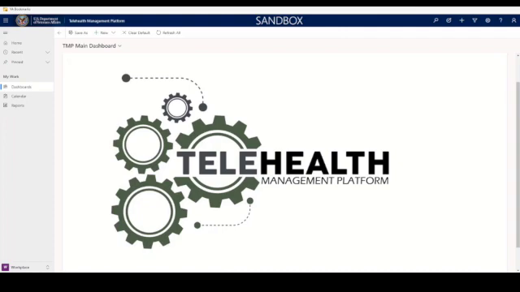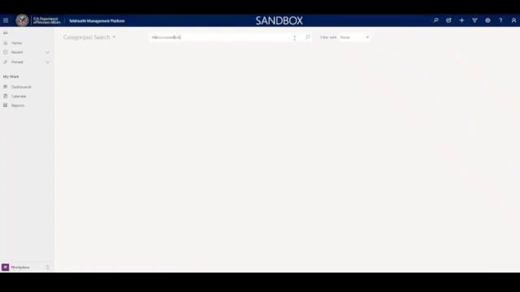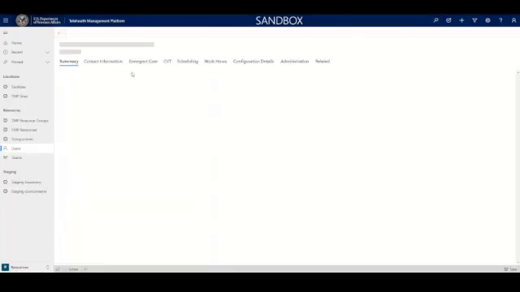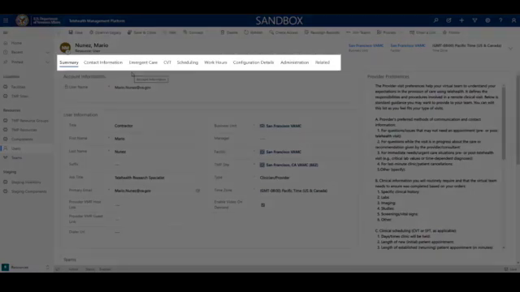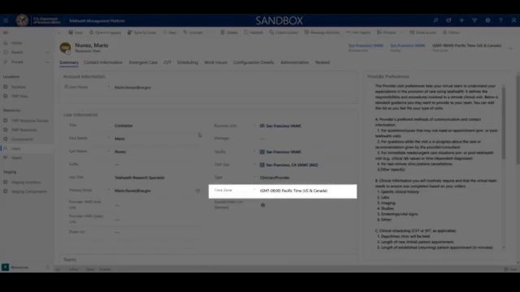First, navigate to your personal record by typing in the email address in the search function. Click on your name to open up the record. At the top of the user record, there are tabs that contain specific fields that should be completed for each user. The lock icon next to some of the fields indicates those fields are not editable but are managed by the system. Generally, users can edit basic fields in their own user record like time zones